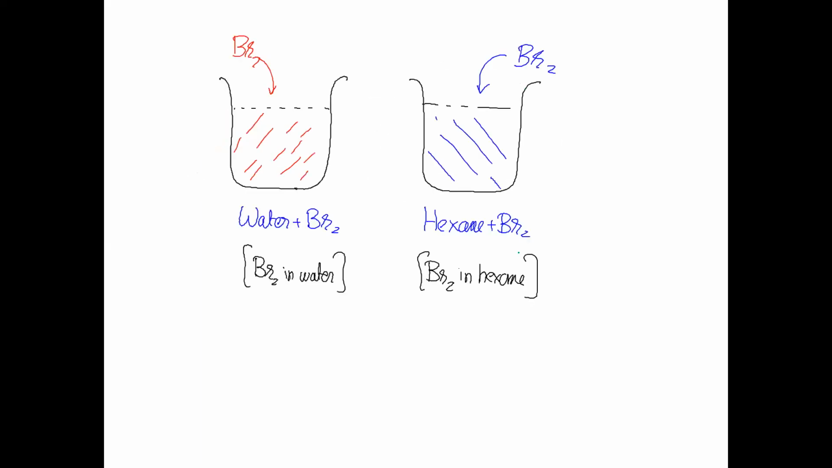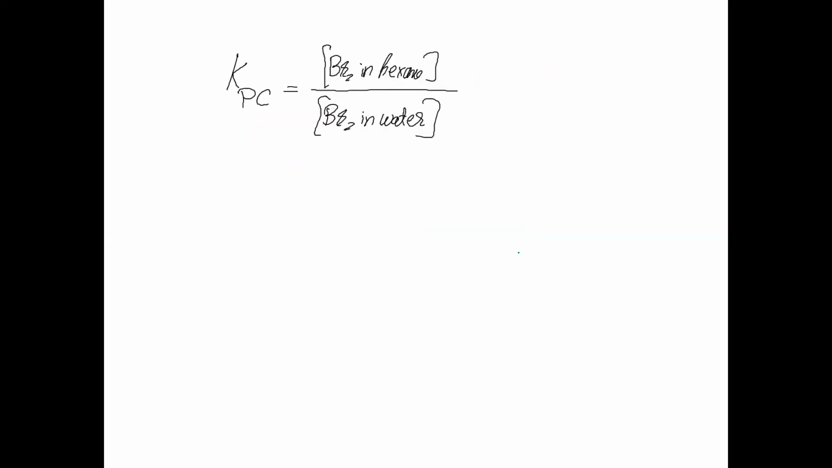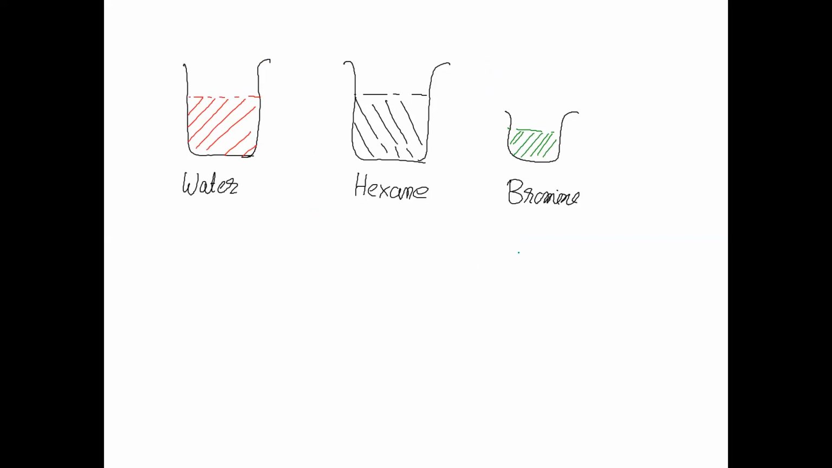Now look at the bromine. I have added bromine in this and I have added bromine in this. Bromine is actually able to dissolve in both water and hexane, but water and hexane are mutually immiscible. So I will find the concentration. You have to copy, after copying this, you have to write under it that water and hexane